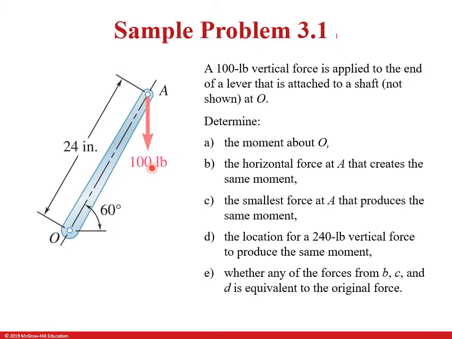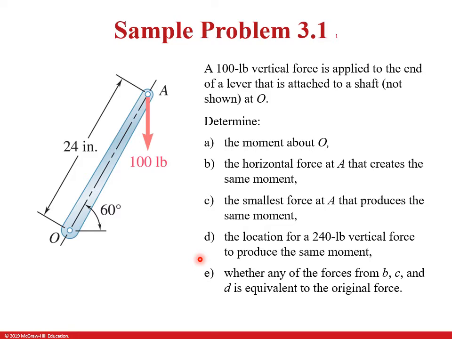directly downward. So we want to know the instantaneous moment, right? Because as the shaft turns, this angle is going to change. And you want to know a few things. So we're going to learn that. Then we'll find the horizontal force at A that creates the same moment. So up here at A. The smallest force at A that produces the same moment. And the location